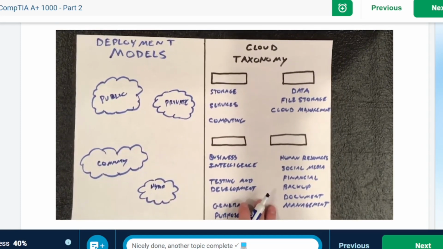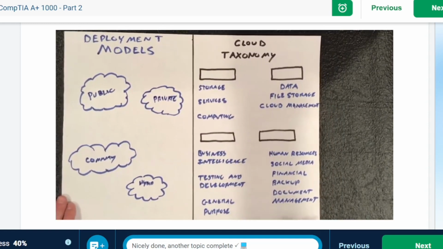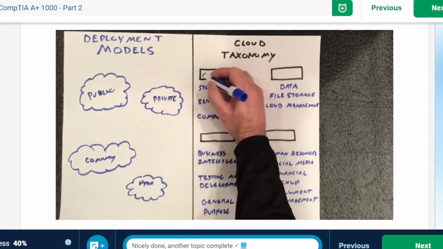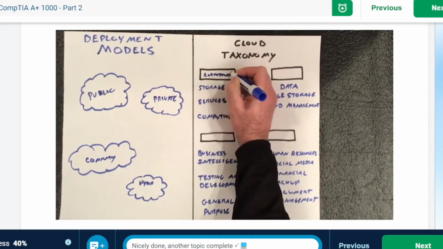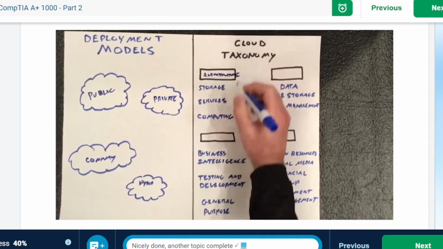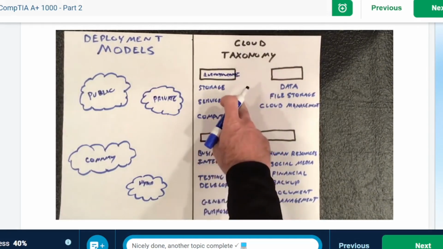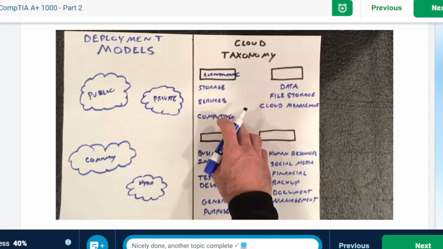So I wanted to talk a little bit about cloud taxonomy on this side. Basically what that tells you is the different types of services that you've got. So under infrastructure, you've got things like your ability to do storage, and those are your big companies like Amazon.